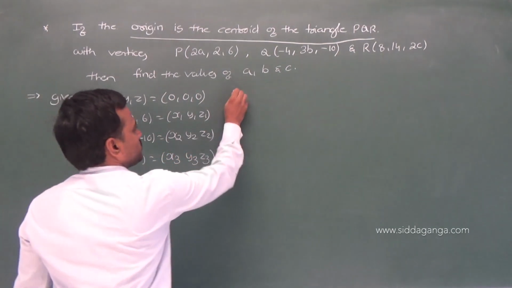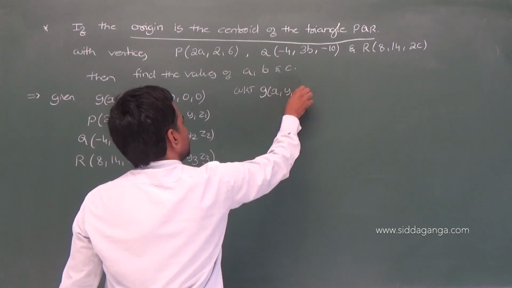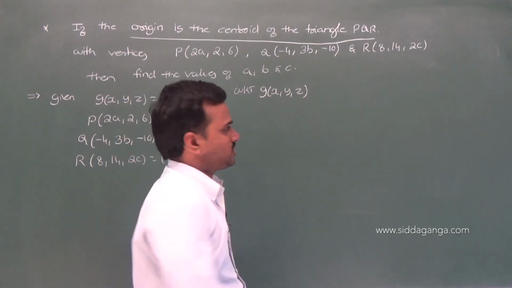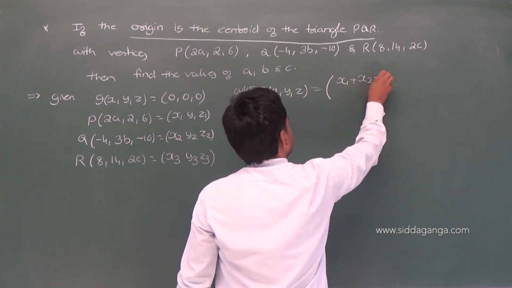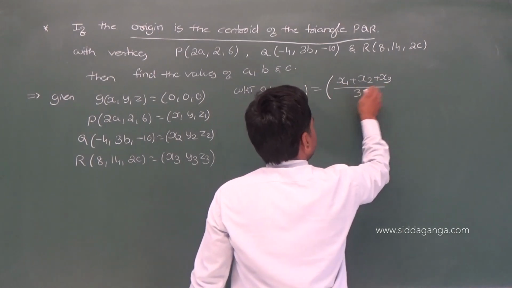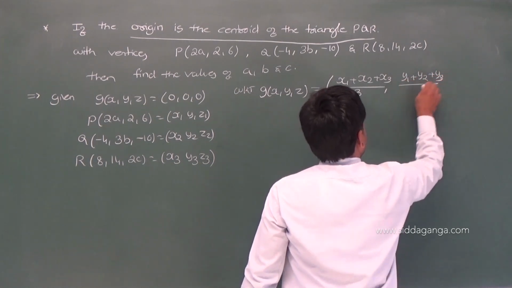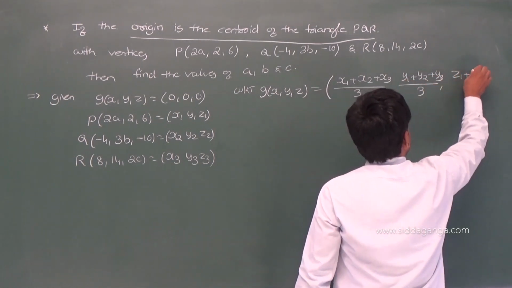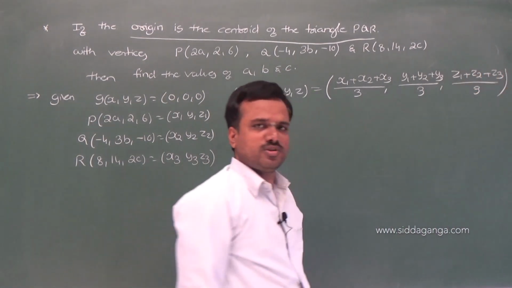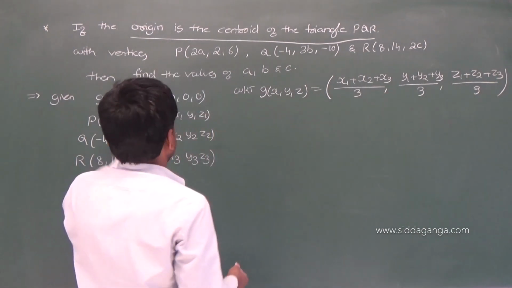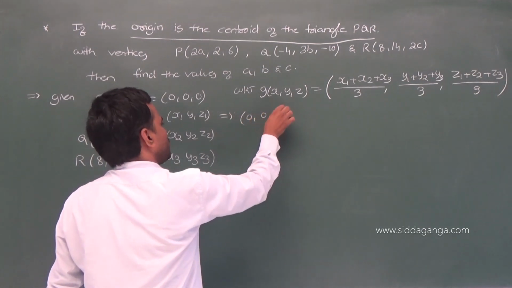Okay, we know that the centroid of a triangle G of x, y, z is equal to x1 plus x2 plus x3 divided by 3, y1 plus y2 plus y3 divided by 3. Similarly, z1 plus z2 plus z3 divided by 3. Correct? We substitute all the values. So 0 comma 0 comma 0 is equal to